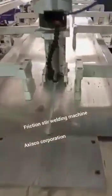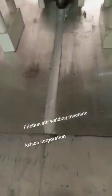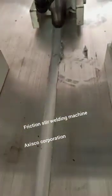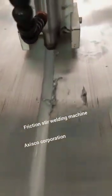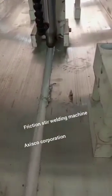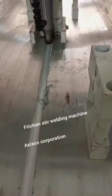This is our friction stir welding machine, and these are the aluminum panels. You can see the two panels are just aligned together, and the head, the tool, is penetrated inside the metal,